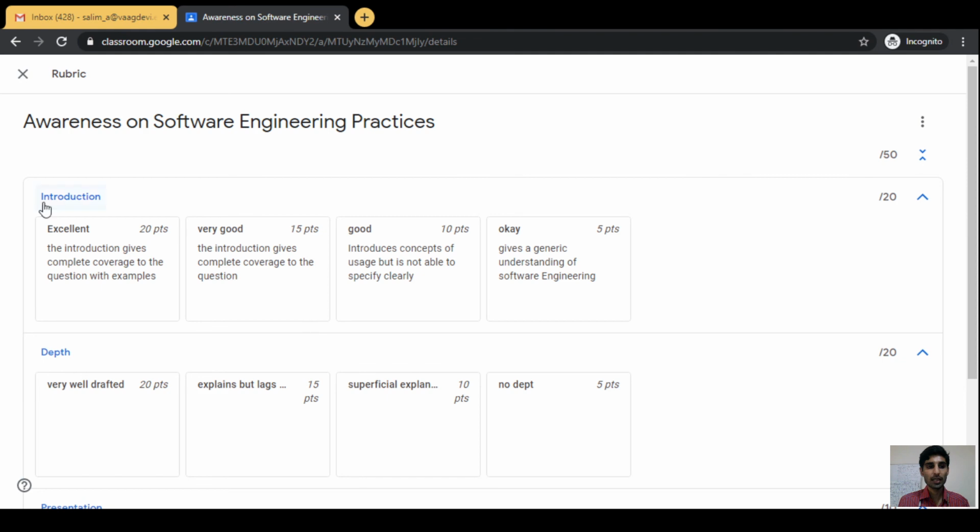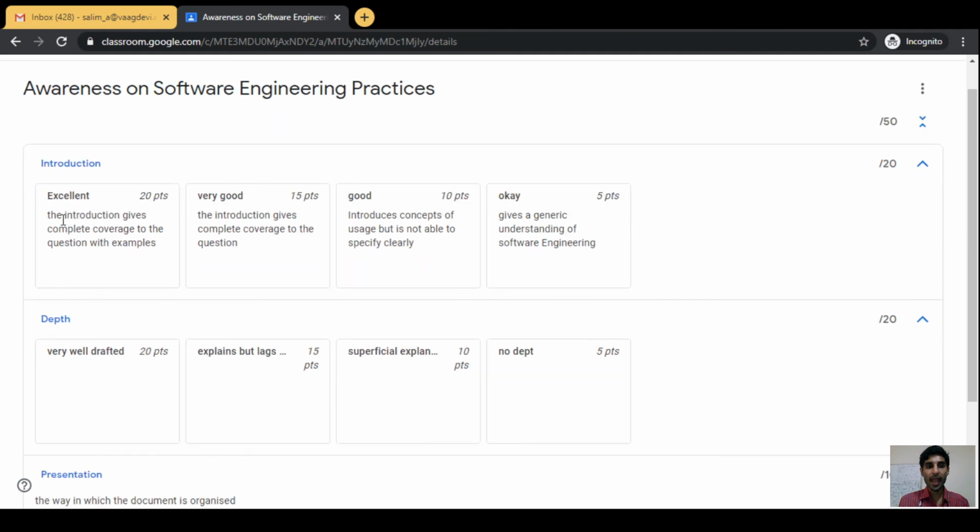The rubrics have 3 parameters: introduction, depth and presentation, and the points that I am going to give when the things are represented in the document that the students submit are specified here. The next part is that I have also used the assignment for reviewing, for which I have used Mentimeter